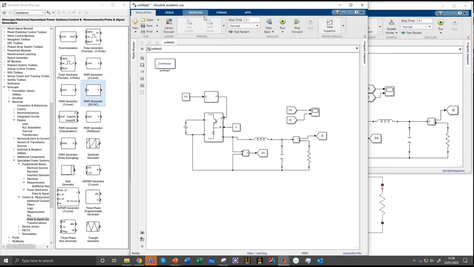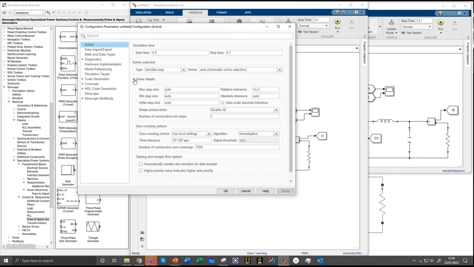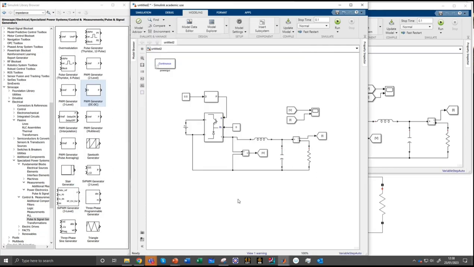And then the settings here are very important, because very often, if you leave it on auto, it gives you some nonsense results. So the main thing to set up is the minimum time step, 1e-6, typically for power electronics, and the relative tolerance of 1e-6. If you don't do that, it doesn't switch correctly, the automatic setting doesn't really work. So now if we run that,